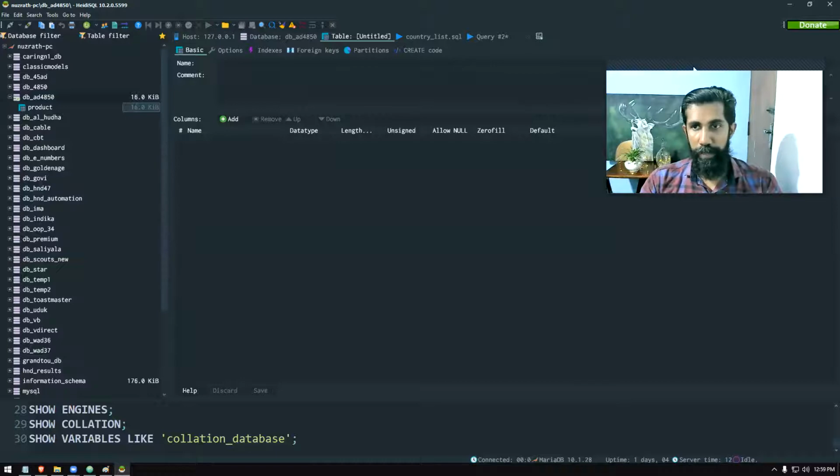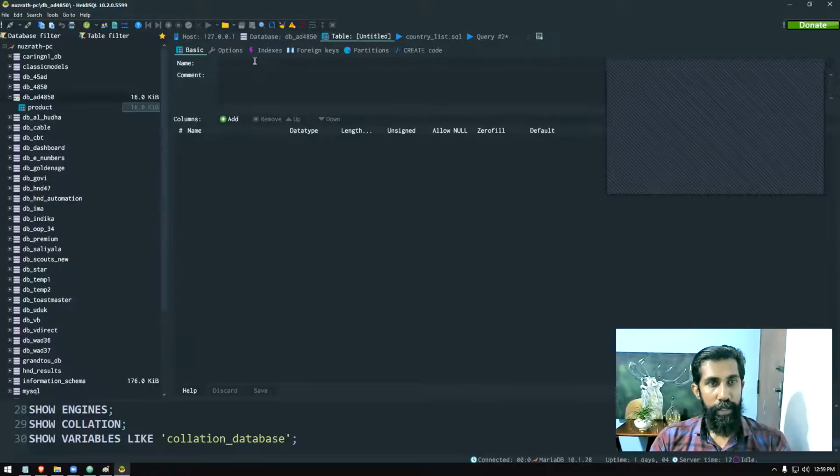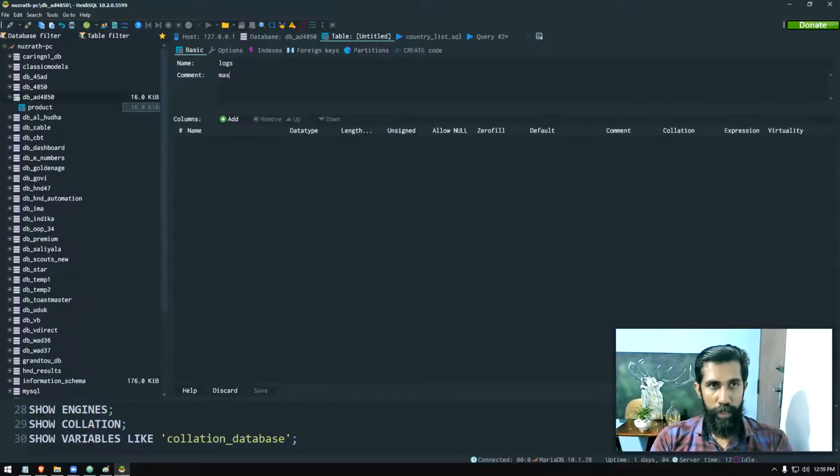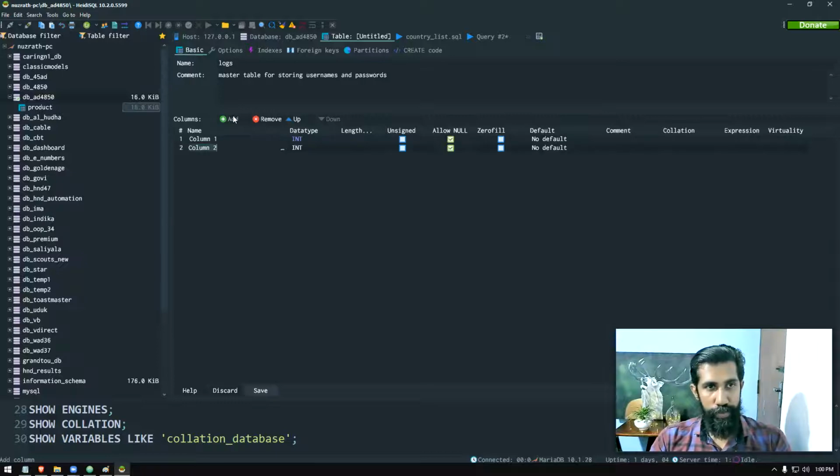I will create the table as logs. So that's how we're going to maintain. So master table for storing usernames, and that's a comment for the table. Okay, usernames and passwords. So it's going to have just three columns, 1, 2, 3.